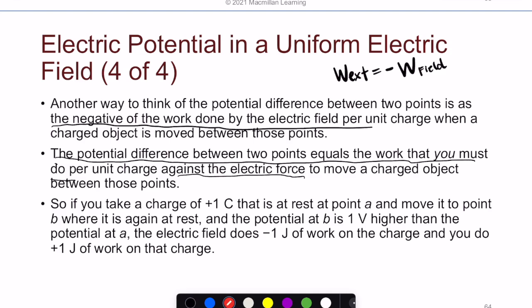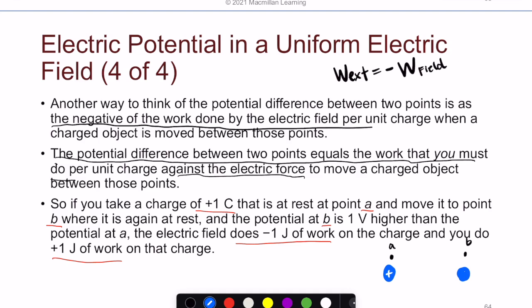So, for example, if you take a 1 Coulomb positive charge and you move it from point A to point B, and the potential at point B is 1 volt higher, then the electric field does negative 1 joule of work, and you have done positive 1 joule of work on that charge. Okay, so let's kind of draw this idea out. So you have point A and B, and you take this positive charge, and you move it from A to B, and the result,